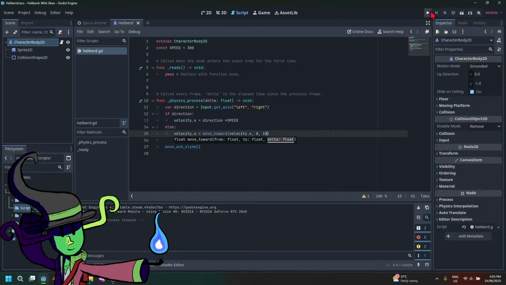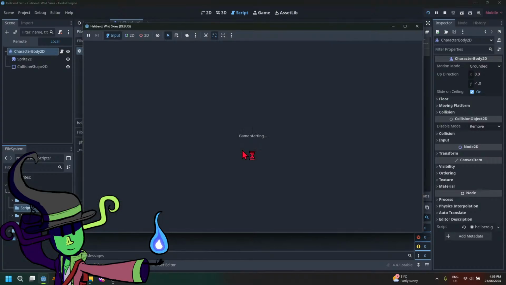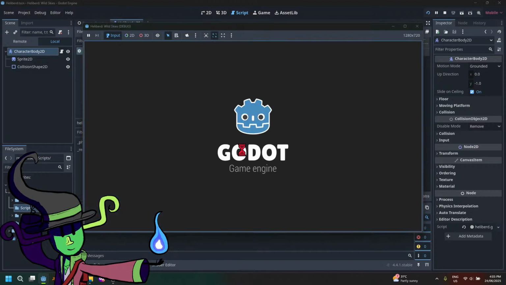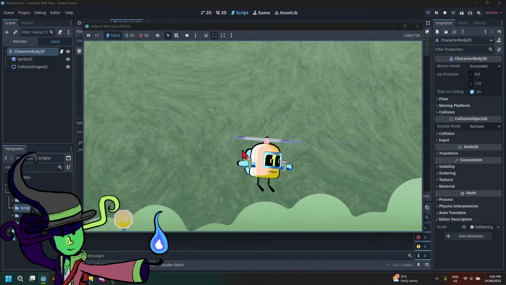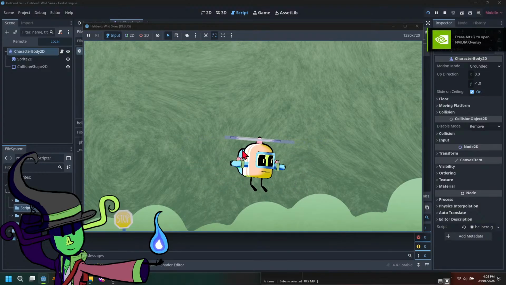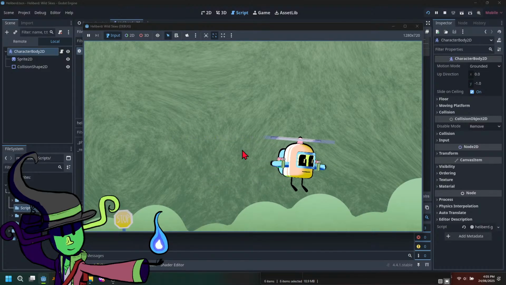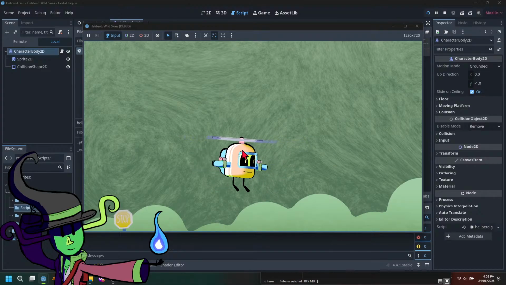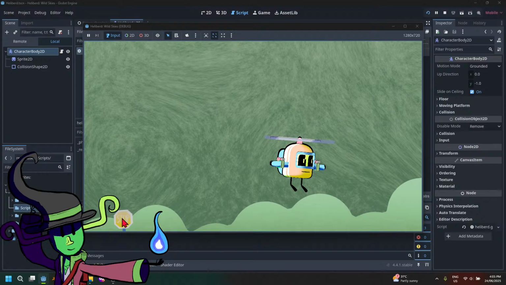Let's see. Oh yeah, that's much better. Okay. So I'm pressing now the left and right buttons, but once I let go of them, there's a gradual slowing down effect like that. I think I like that much better compared to